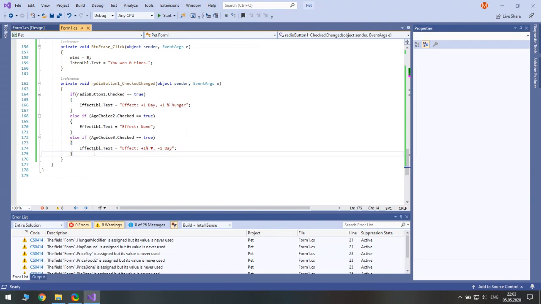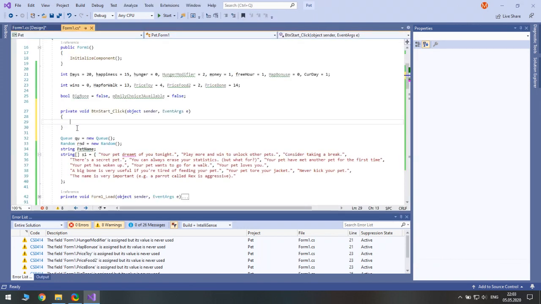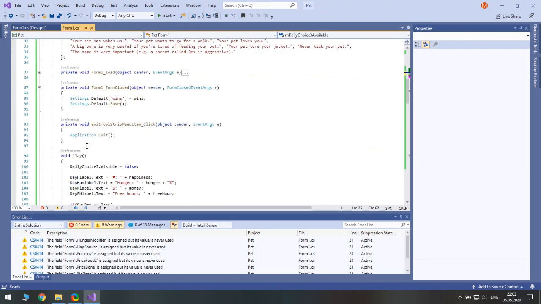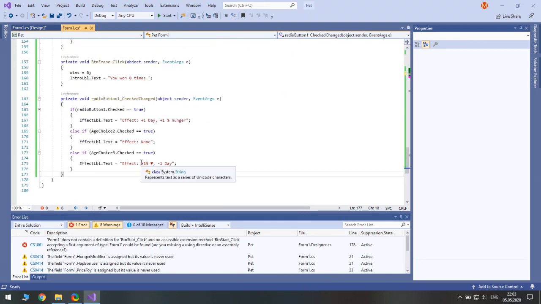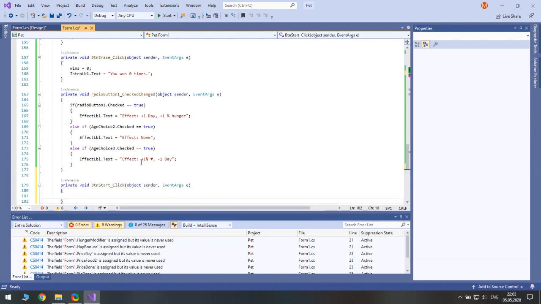So, in order to have some wins, we need to be able to start the game. So, let's create button start click event. Just double click it. And next here, what do we start with?